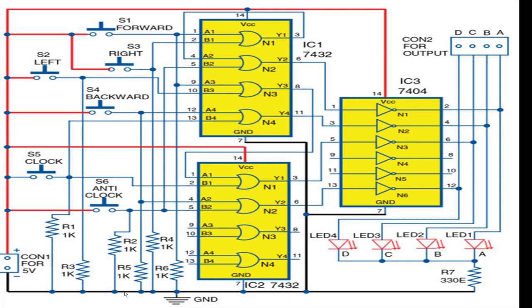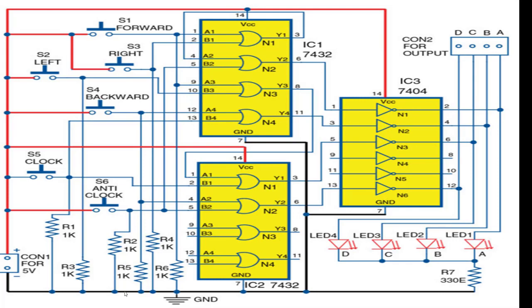Now on pressing any one of the 6 switches, S1 to S6, a corresponding binary coded decimal (BCD) code is generated as per the truth table, which we will see in the next slide. When the input to the OR gate goes high, its output is high. The corresponding output is connected to the input pin of the NOT gate inverter. When the input to the NOT gate is high, its output is low. Now all input lines of the OR gates are pulled down to ground using resistors R1 to R6. Suppose we take one example of the switches.